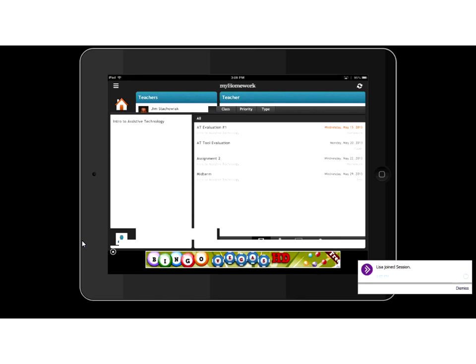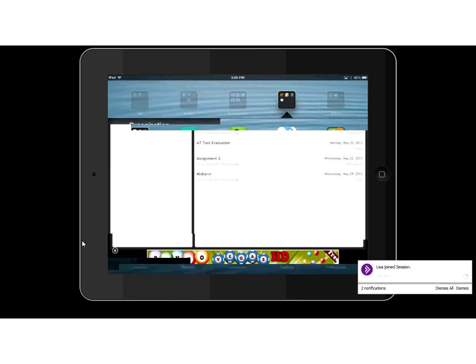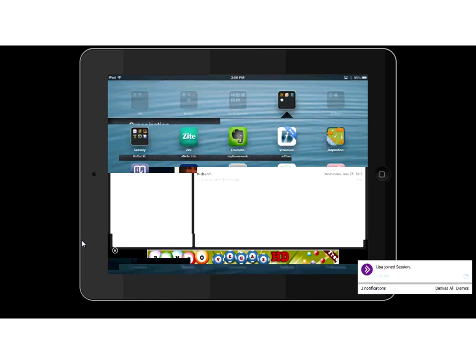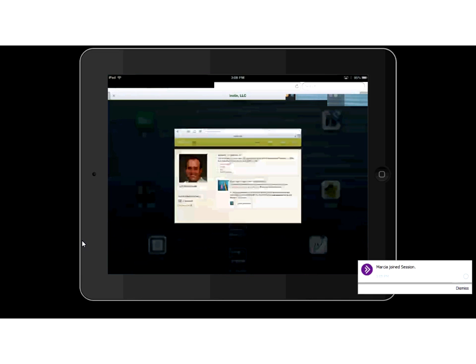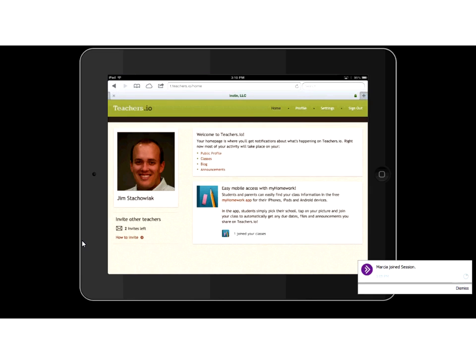Let me just show you, if we go and hit the internet option here, if we go into Safari, you can see this is teachers.io right here. That shows up a little bit differently on your screen than it is on mine. There we go, now you can see it. I am going to go ahead and